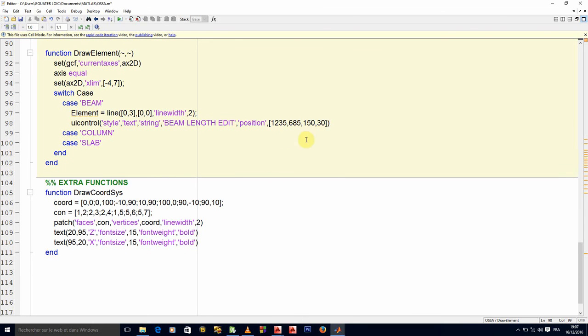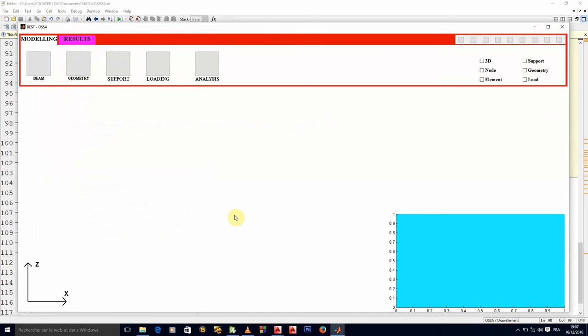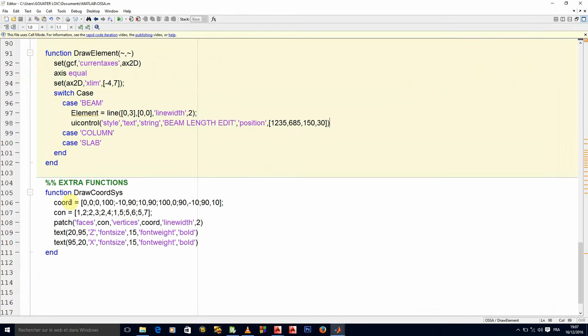So let's look at what that gives. Okay, it is when I click on beam that it has to happen. Okay, that is it right there. Are you seeing that? Okay, so what is left is just to increase what? The font size to make it more beautiful, right? Okay, so let's do that. Font size.